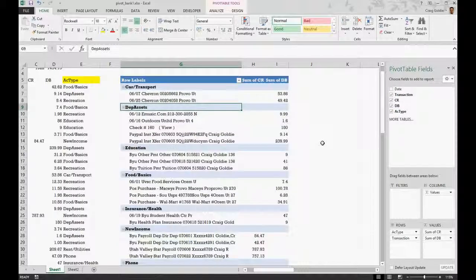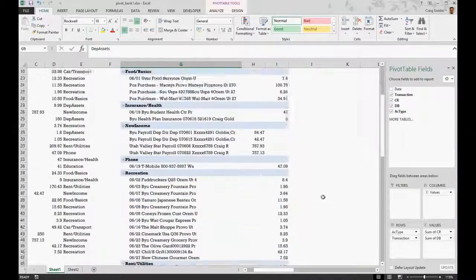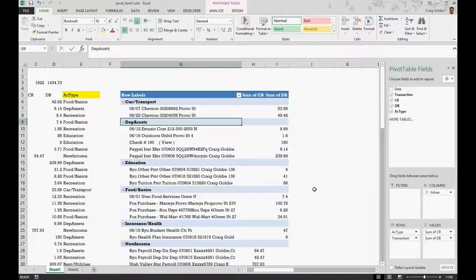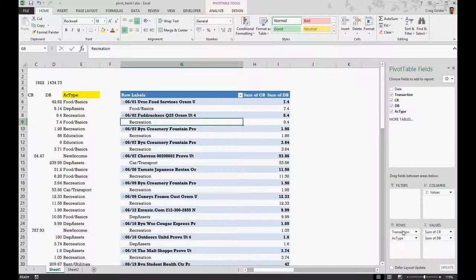So now I'm just taking transaction down, and actually you can see that under each AC type you can see all the transactions that make up that AC type and their breakdown of debits or credits. You can switch the order around,